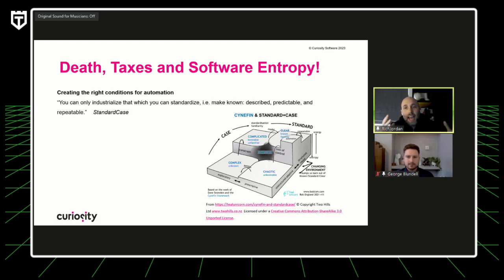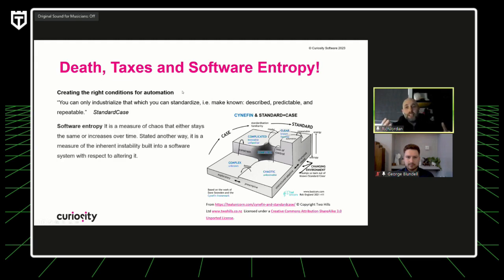Now, the problem with creating this habitat is that as well as creating this stability, change happens, right? And the problem with change is that it creates systems entropy, or software entropy, I should say, all right? And as we all know, change creates a problem for understanding what's the impact of that change, right?